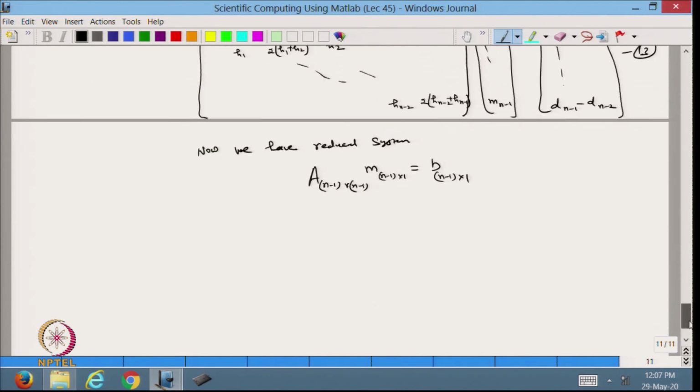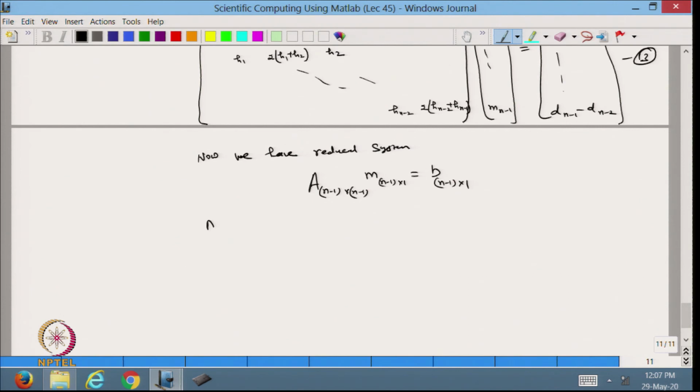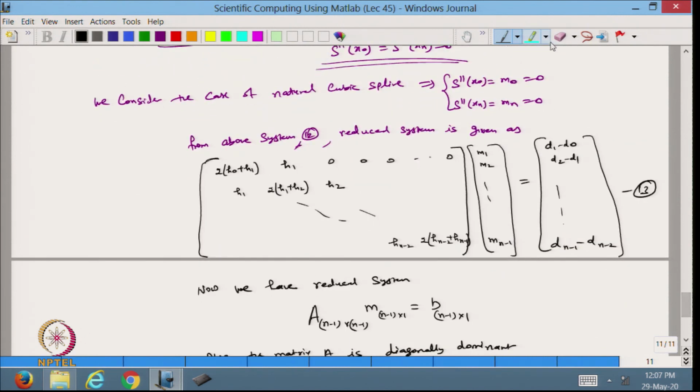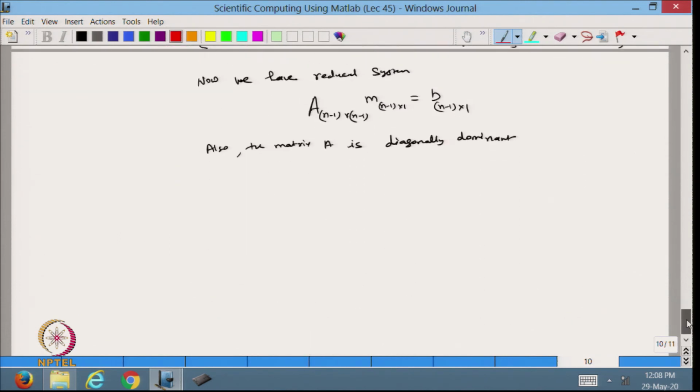So, this is now a system of linear equations, and also the matrix A is diagonal dominant. Why is it diagonal dominant? If you see from here, this is a sum of the previous one and the next one. So, this value is greater than h1, this is greater than h1 and h2. So, I am taking the sum and 2 times of this one. The same thing we are doing here, 2 times of this one. So, this matrix is a diagonal dominant matrix,